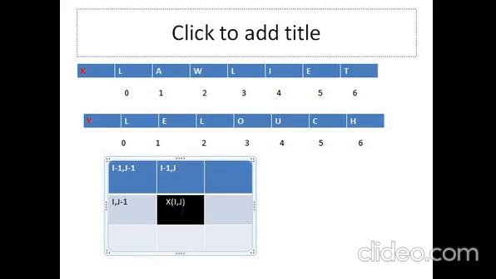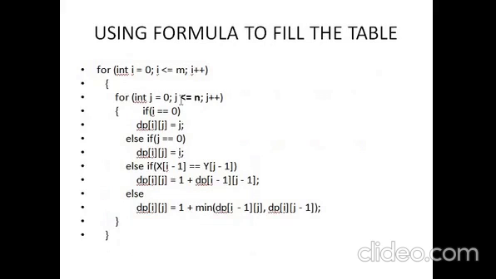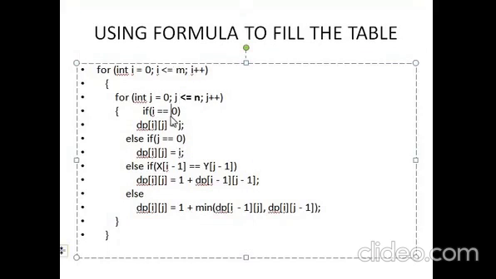Then the top cell above us will be i minus 1, j. And this cell will be i, j minus 1, and the diagonal cell will be i minus 1, j minus 1. Okay, just take a note of it. This alone I think will suffice. Okay, this formula, what actually it says is that